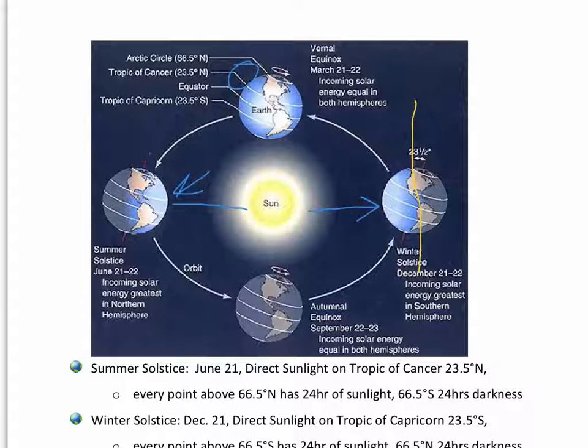In the southern hemisphere, the South Pole has 24 hours of day. So those of you that can't sleep when the sun's out, like, don't hang out at the South Pole on December 21st. But let's look back on the other side, on the left. Right, I'm going to draw that line again. Here you see on June 21st, the North Pole has 24 hours of day, and the South Pole has 24 hours of night.